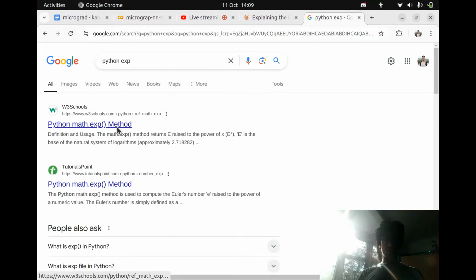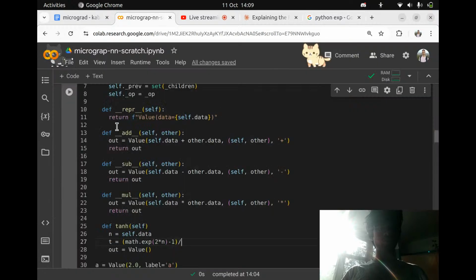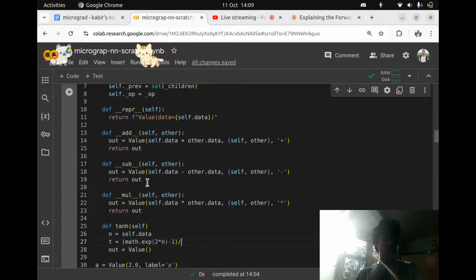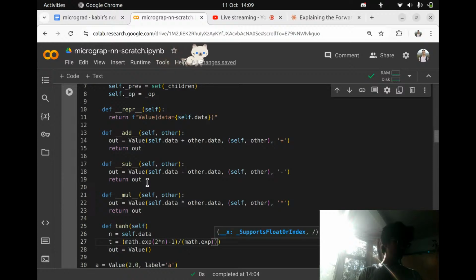Okay, what? That's crazy. Python has exponents. All right. I mean, I don't know if it's crazy, but it feels crazy to me. But I guess it's a mathematical function, so it's